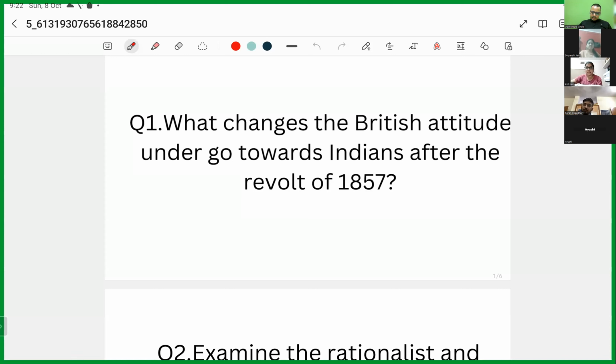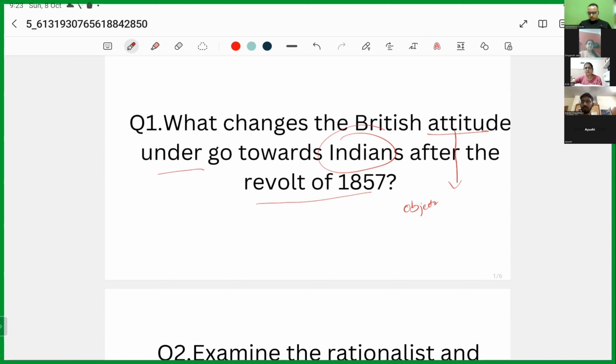Okay. So, what change did the British attitude undergo towards Indians after the 1857 revolt? See, there is a simple way to understand these questions. Attitude changes. It means something has happened. If I'm doing something, Divyanshi is supporting me, so my inclination towards Divyanshi will increase, a positive inclination. And suppose at the same time Kriti is not supporting me, so Kriti will be on the negative side of my inclination. It's as simple as that. So attitude over here, you should see how you should have thought about it.